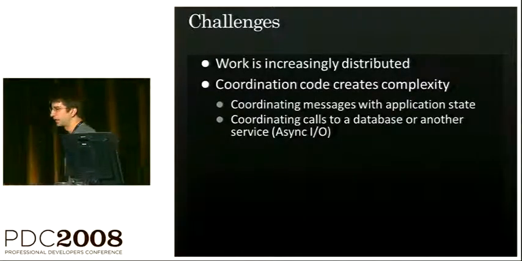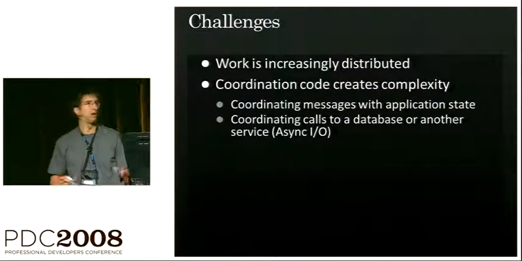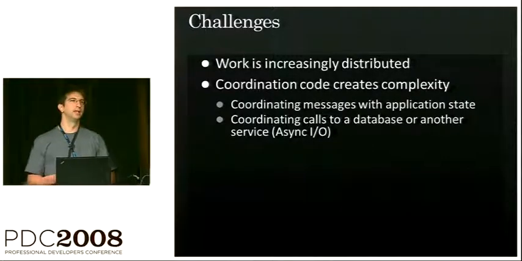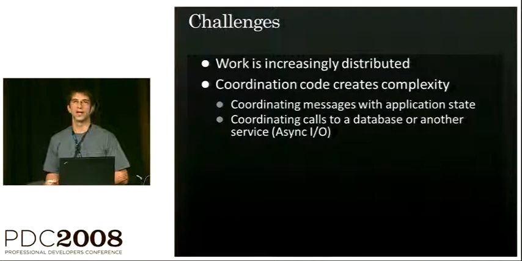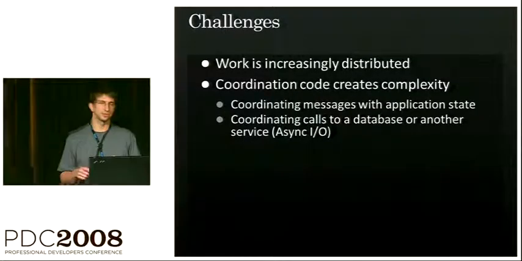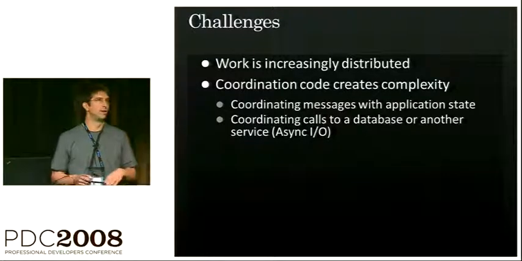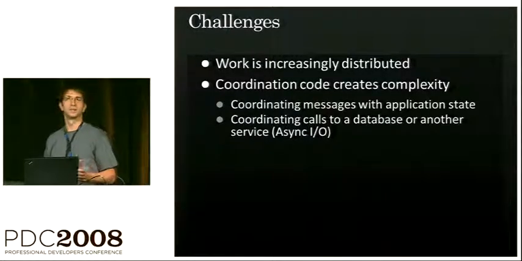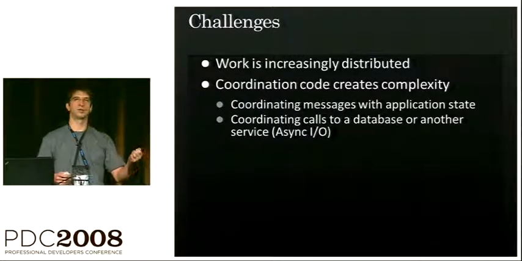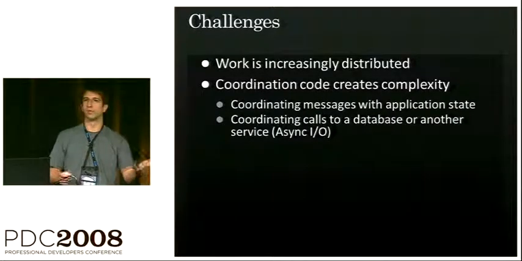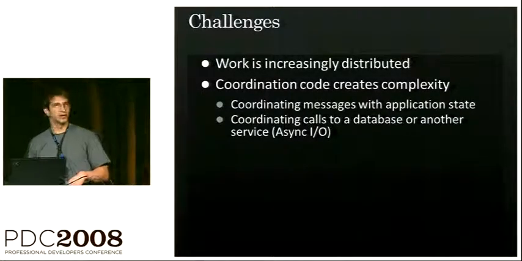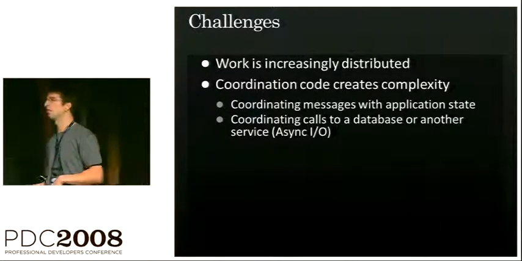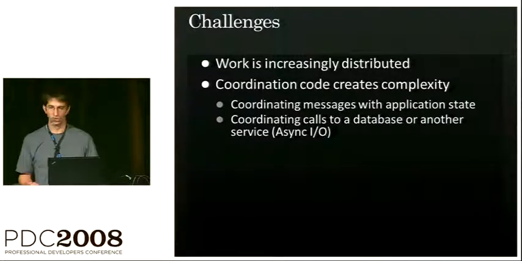So services call databases to get work done. Services call services to get work done. Calling databases, calling services. These things involve I/O, and as you know, I/O, right, has perf implications. Now you can go async in order to deal with those perf implications, but writing async code is hard. It's complex, right? So you've got this trade-off to make. You can have a simple authoring model, the blocking call, that doesn't perform, or you can bite off that complexity and bury the logic of your service in an async result. You can have perf or simple to maintain code, but not both.